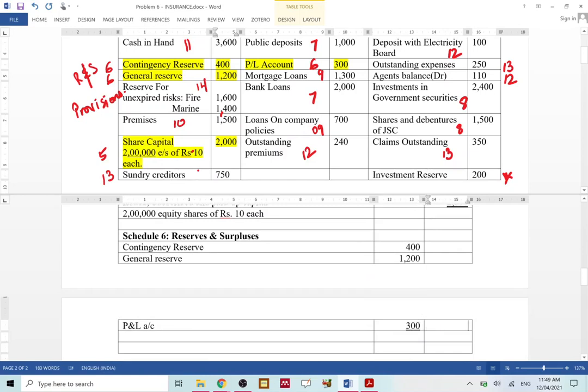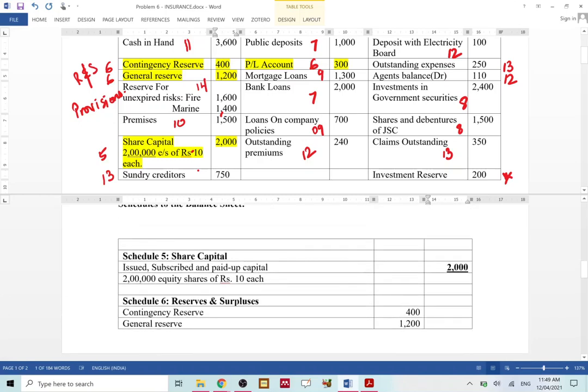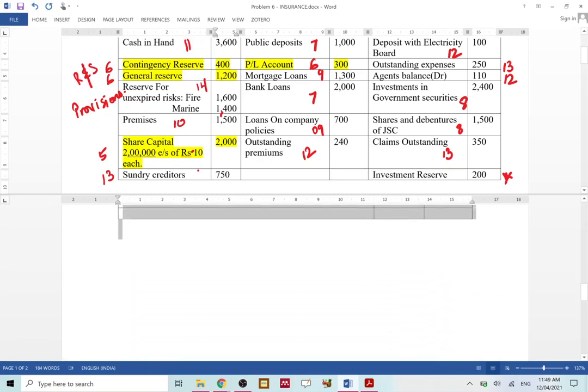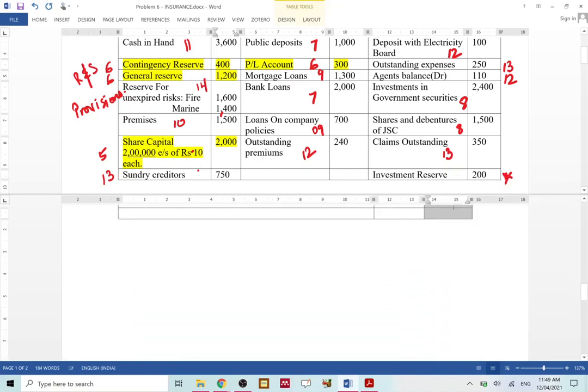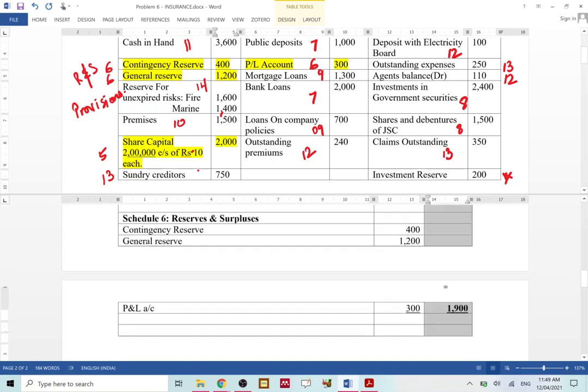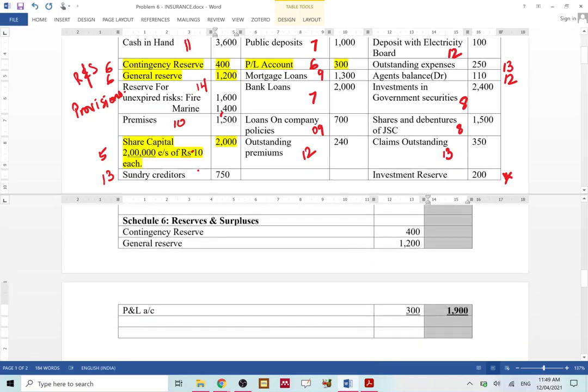You get 1900. Okay, final total of your reserves and surplus, 1900. Is that fine? So in a similar manner, whatever amounts are given to us, we are going to record them under the respective schedules the way we have